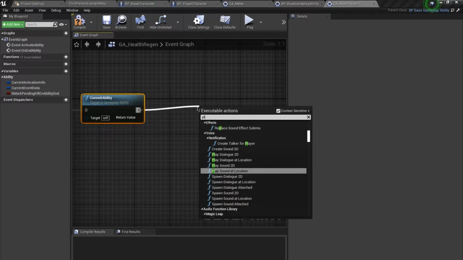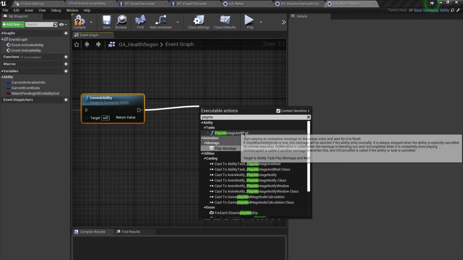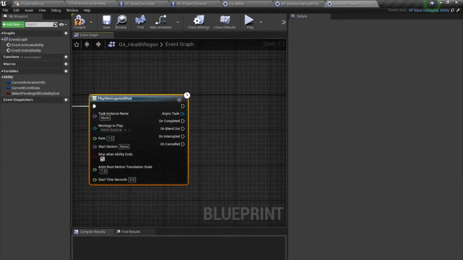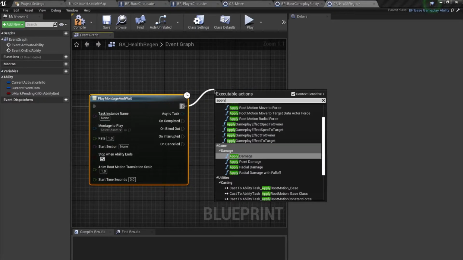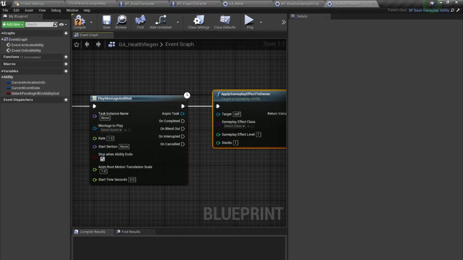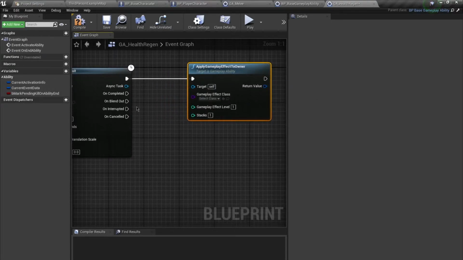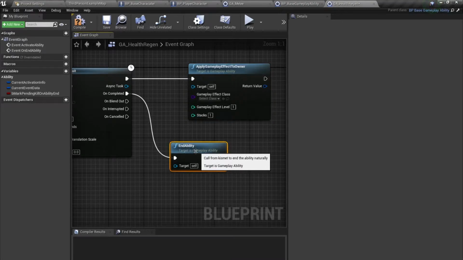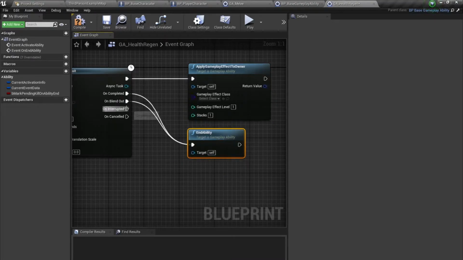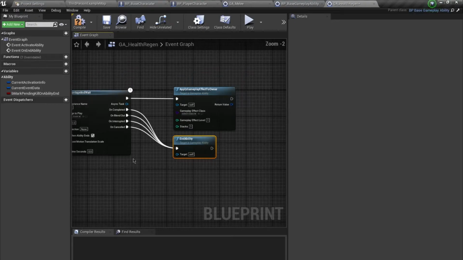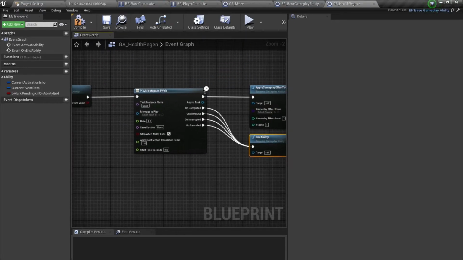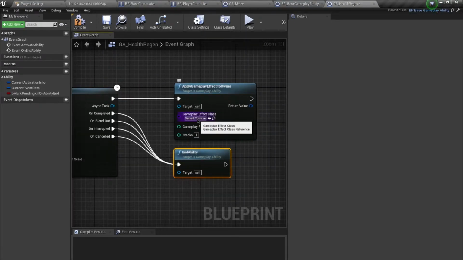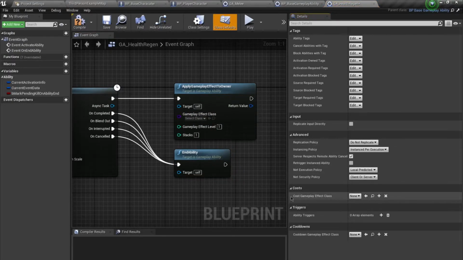After this, we're going to play montage and wait. And while the montage is playing, we're going to apply gameplay effect to owner, that is ourself, and on completed, we're going to end ability. For all of these, we're going to do this. Okay, this is done, and now we want to create our gameplay effect class for this and for our cost